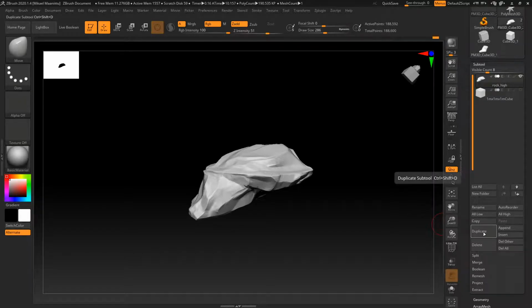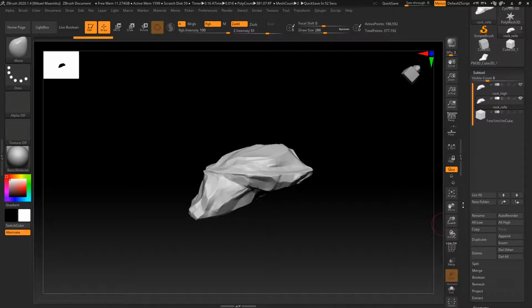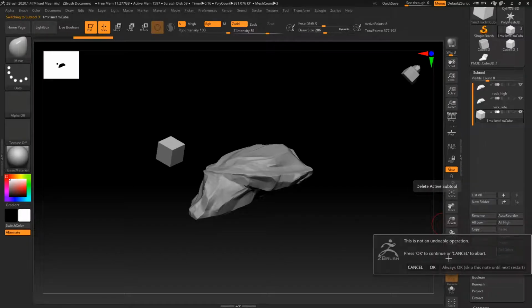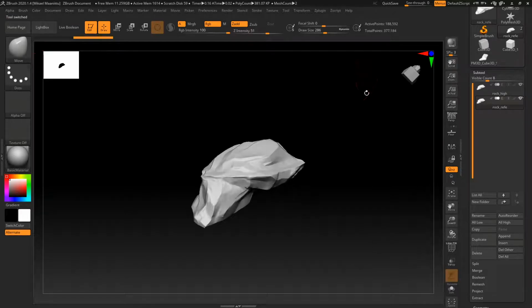Then I'm going to duplicate it, and this one I'm going to call rock_ref, like so. And then this one I'm going to delete, and this reference mesh,